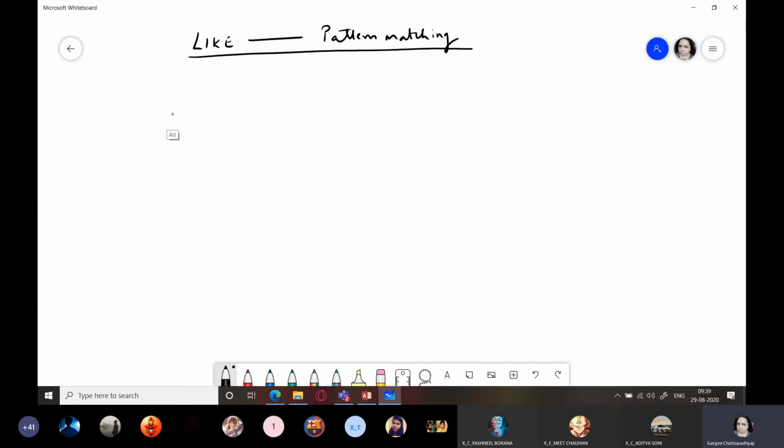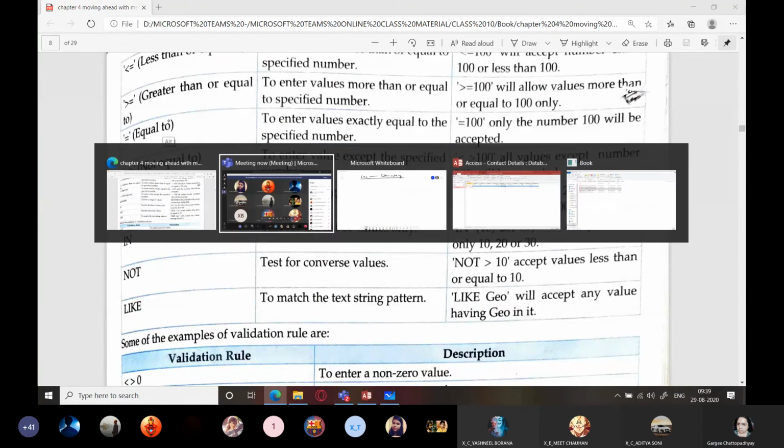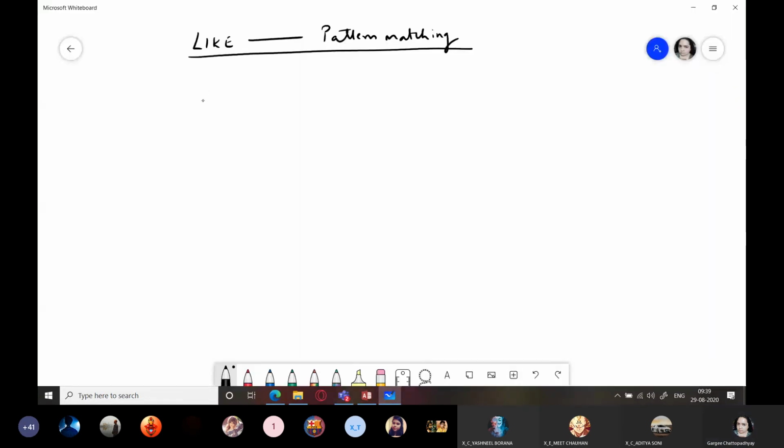So I want to, now 1 second, let me just, suppose you have a table, and in that table there is a field, and you want all the field values to contain a specific substring. Substring means part of a string.